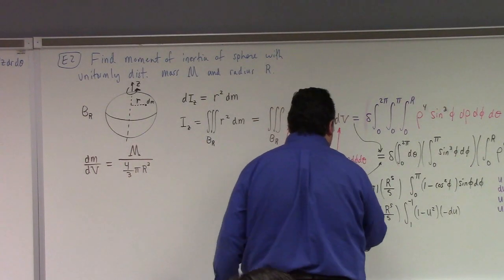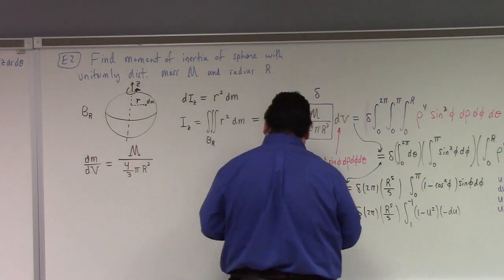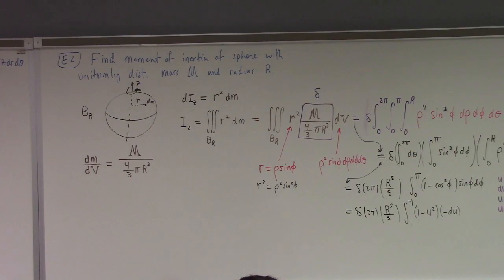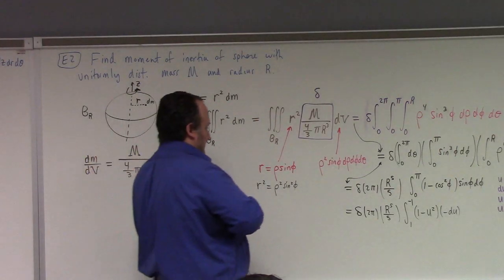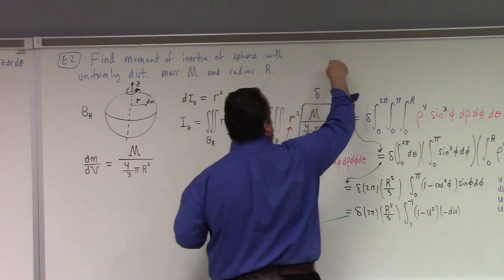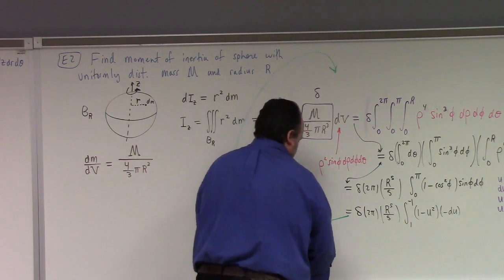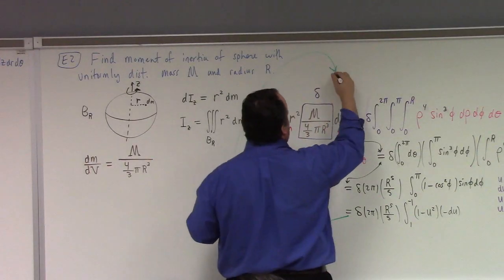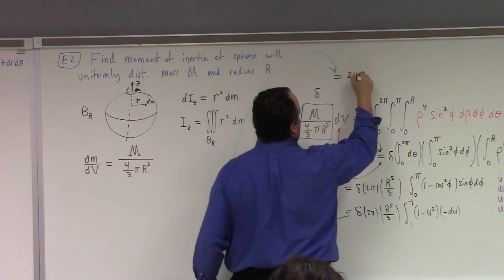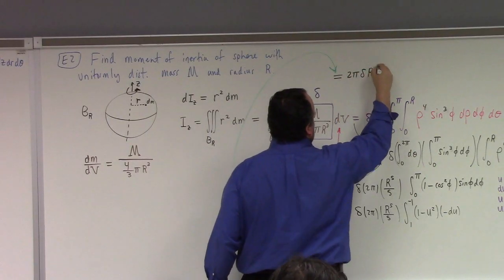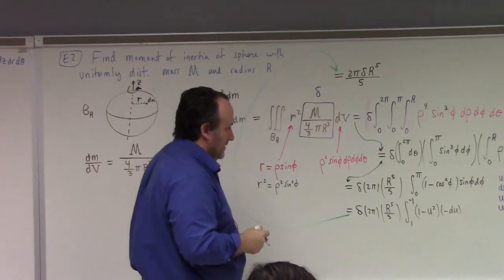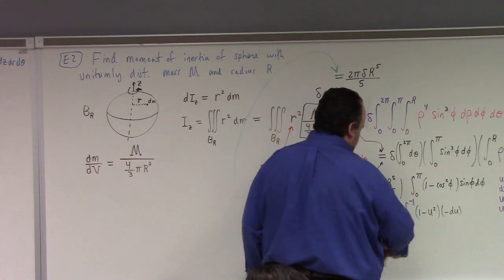I don't like to write down there. Sorry guys, a kind of weird, poor planning on my part. I should have started further up on the board, right? So I'm going to do this. Equals. So we've got 2 pi delta r to the power 5 divided by 5, right? And this here